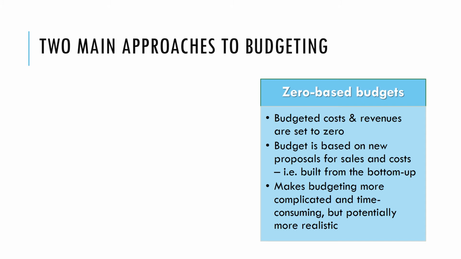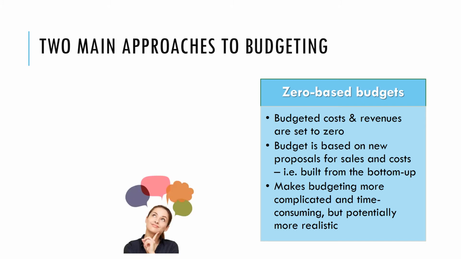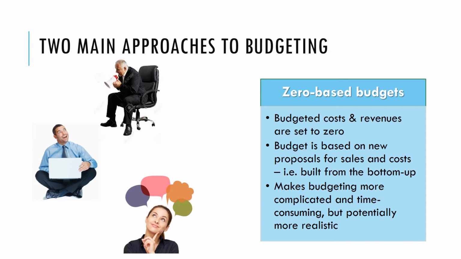So in this one, businesses or business departments think about exactly what their costs and sales are likely to be. Then managers might put that information together to come up with budgets for their departments, and then they will report this information to the senior management and say this is our target for this year, and the senior management will tell them yes, we agree that should be your budget, or there'll be some negotiation and they'll come up with what the final budget should be. So those are the two main approaches to budgeting.